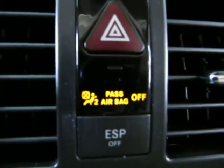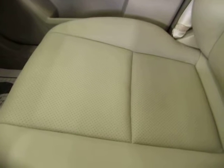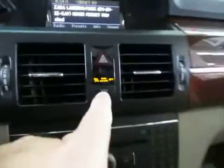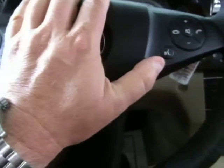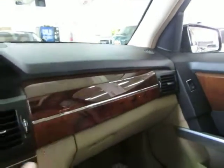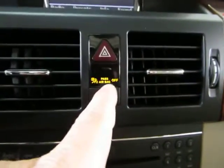Passenger airbag off. That just means this vehicle has a sensor underneath the seat which senses the passenger's weight, and when the passenger sits down, it turns on this airbag over here. That way, if you're driving by yourself and you get into a car accident, right now that there's nobody sitting here, it senses that there's no one there. So if you get into a car accident, only this particular airbag is going to deploy in the front, and that one will not deploy necessarily, so you don't have to replace the dash. But if a passenger sits, this will go from off to on, and when you get into a car accident,